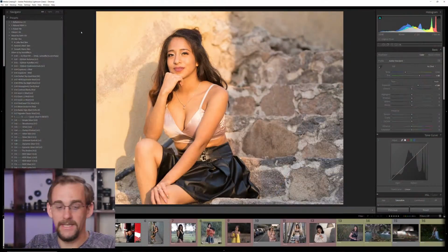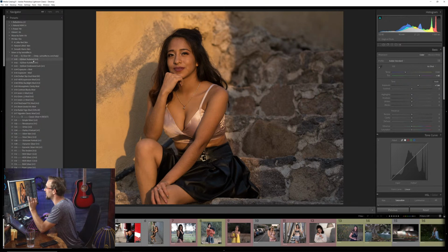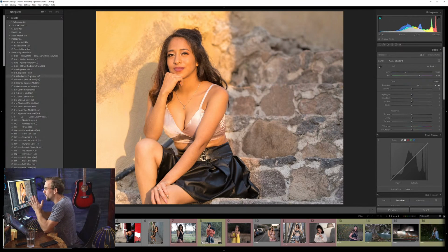So I come in here. What am I going to do when I'm looking at images in Silver? I don't have to make a really long video about Silver because, quite frankly, it's pretty simple to use. And if I've got an image here, I'm usually going to start with one of two ways. I'm either just going to scroll through,